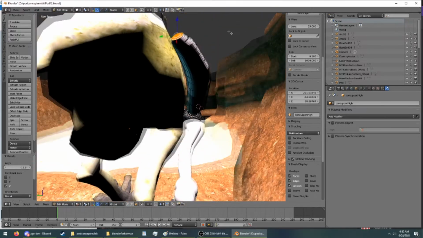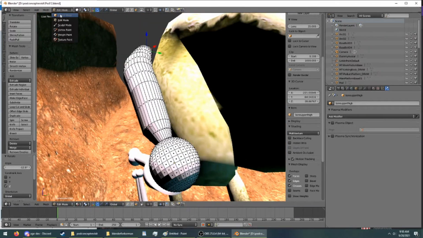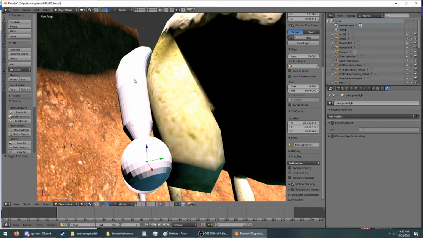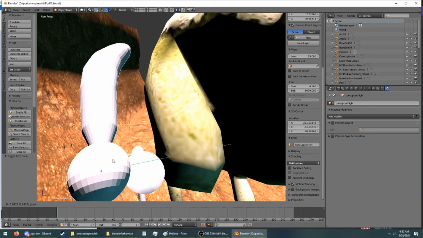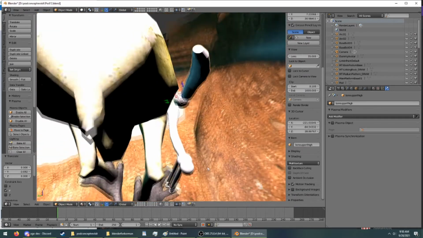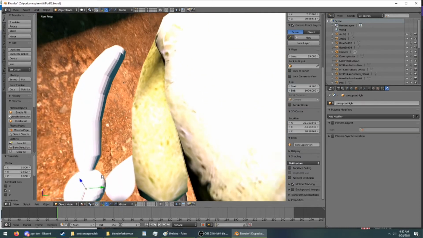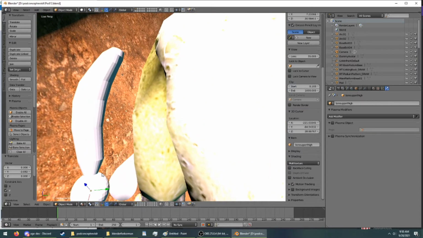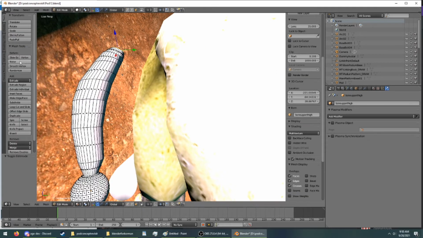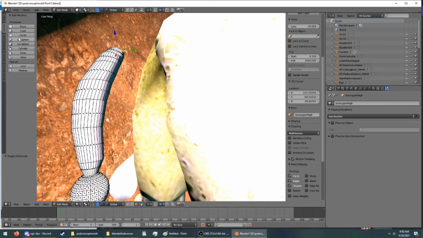There we go. Now we've got an upper thigh. Now we need to do at least one more thing, and that's going to be adding a hip joint. So we're going to go create,